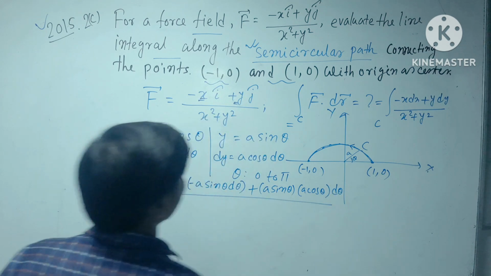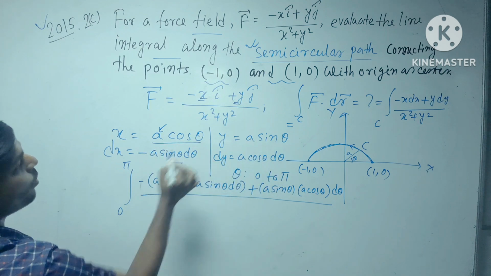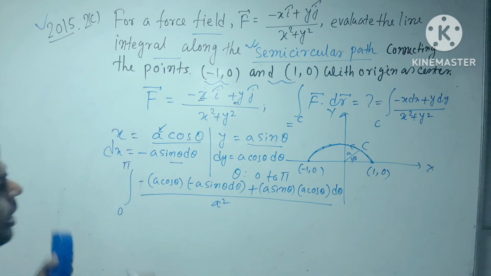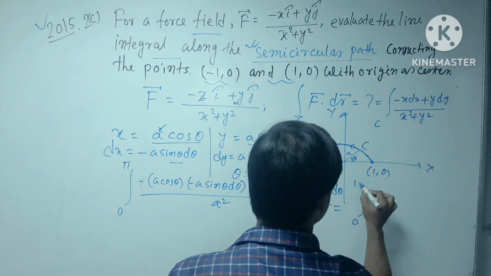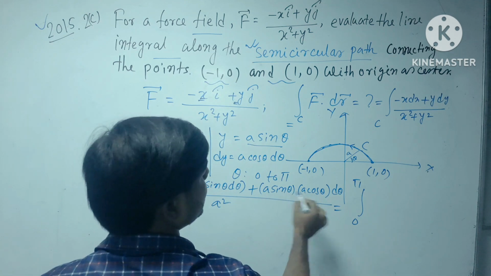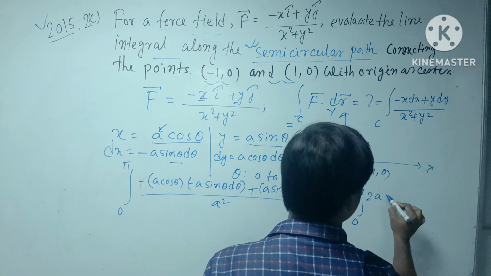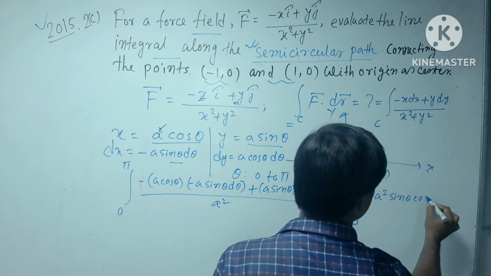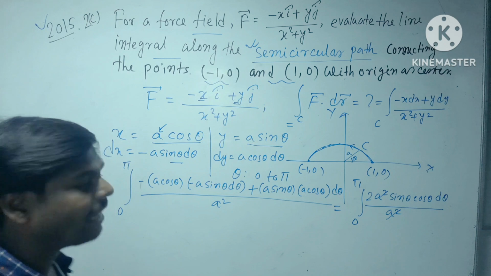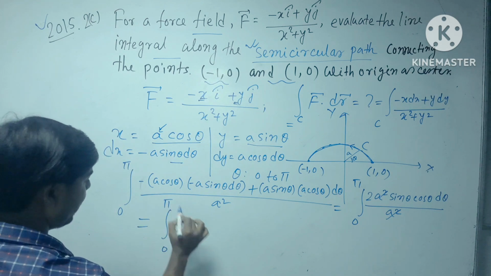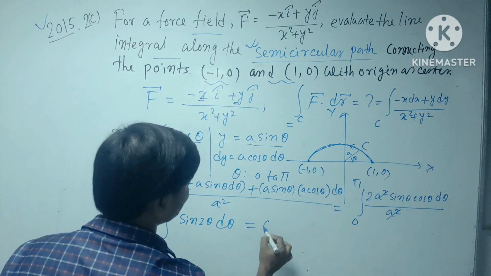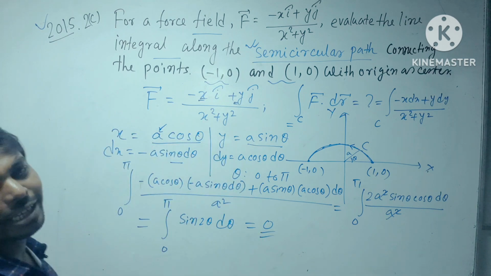Okay, and denominator কি হবে, x square plus y square, x square means a square cos square theta plus a square sin square theta, basically it gives you a square. এবার ইন্টিগ্রেশন করে ফেলো, ভেরি ইজি, 0 to pi। দেখো এখানে পাবে তুমি a square cos theta sin theta d theta, এখানেও a square cos theta sin theta d theta। তার মানে তুমি বেসিক্যালি উপরে পাচ্ছ 2a square sin theta cos theta d theta, আর নিচে a square। সো a square cancel, উপরটা sin 2 theta d theta। সো ইট ইজ ইন্টিগ্রেশন 0 to pi sin 2 theta d theta, করে দেখে নিন, ইট ইজ নাথিং বাট 0। সো দিস লাইন ইন্টিগ্রেশন বেসিক্যালি গিভস ইউ 0।